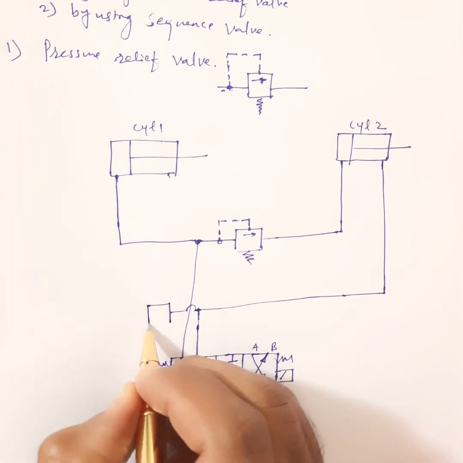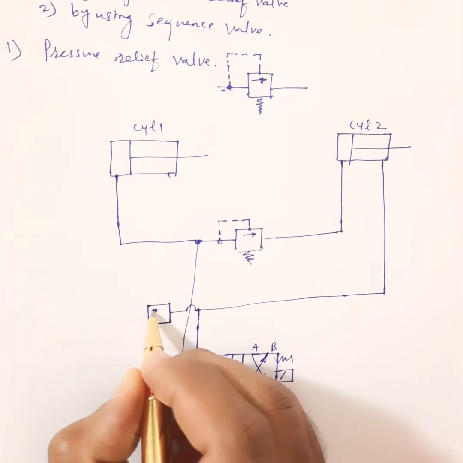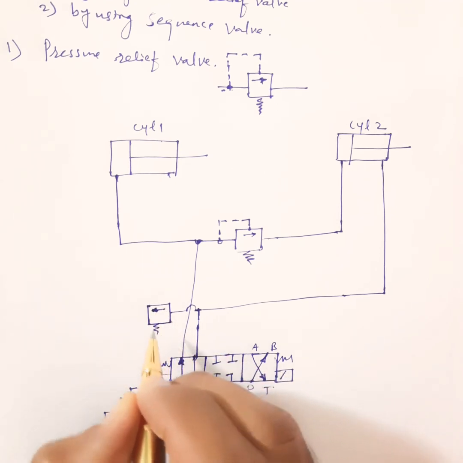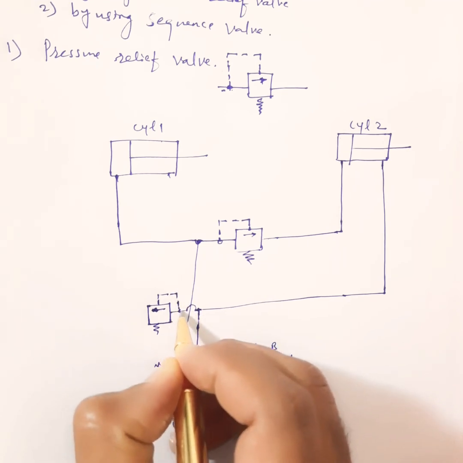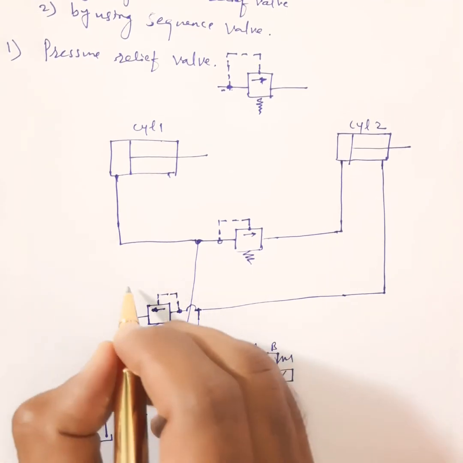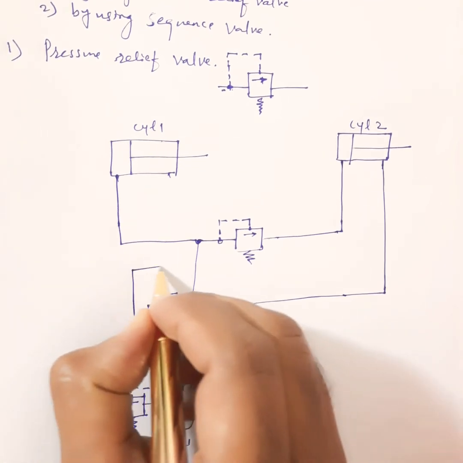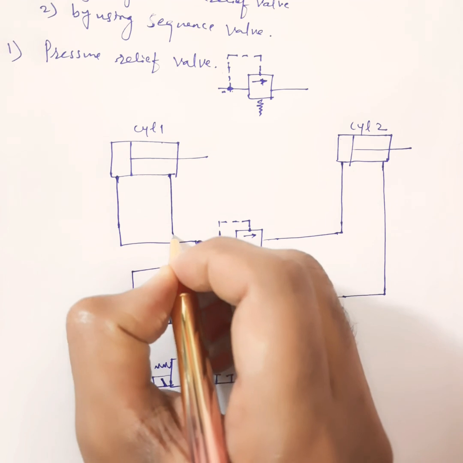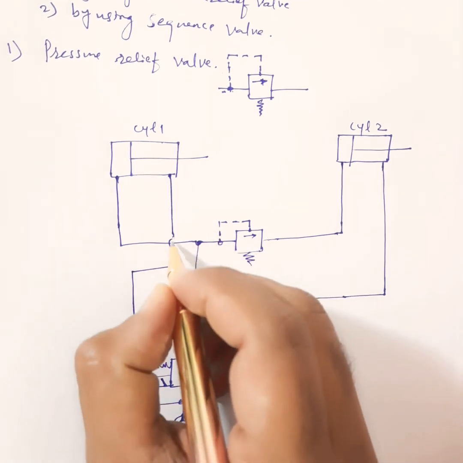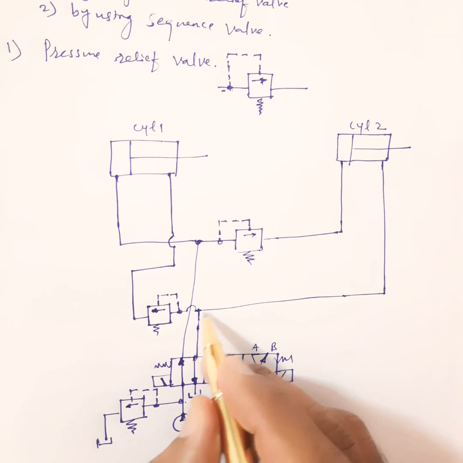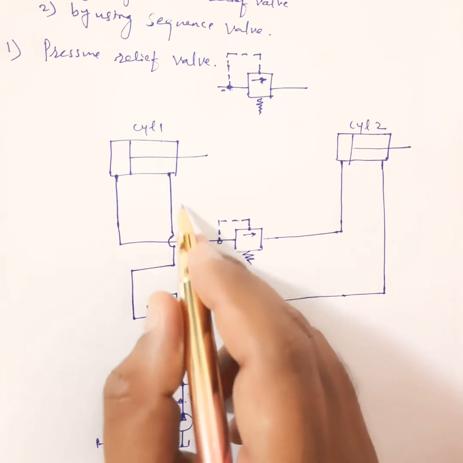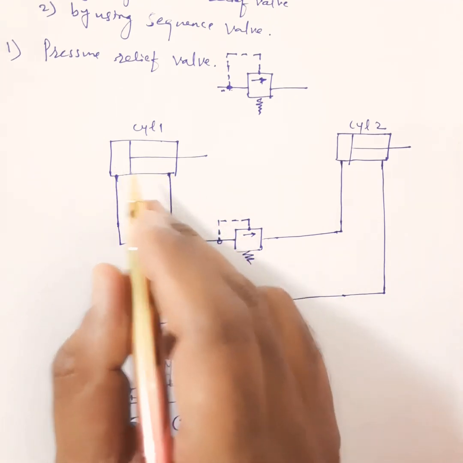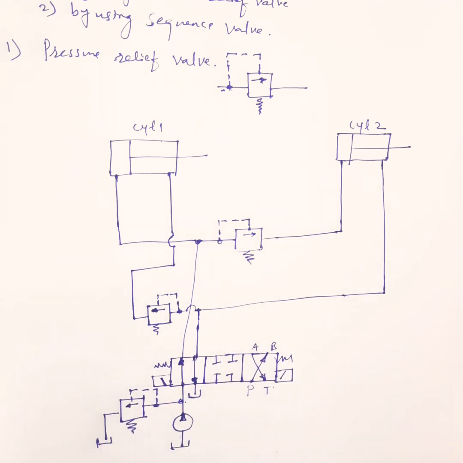So here we will install a pressure relief valve, spring return, and the pilot signal for this pressure relief valve will come from this inlet line. Okay, and this supply will go to cylinder 1. Now when pressure in this line increases, this relief valve will open, and it will supply the fluid to cylinder 1, and piston 1 retracts. So in this way our forward and retract motion of the sequencing circuit will take place.